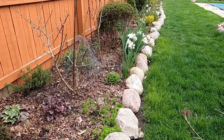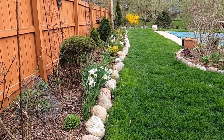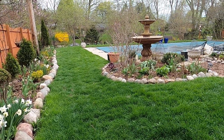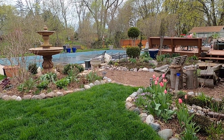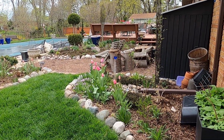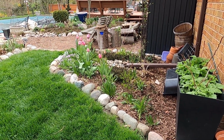As you can see, I have this beautiful line of tulips happening now. Isn't that gorgeous? Tulips and daffodils. And I'm just going to pan over here so you can see as things are starting to really fill out, and it's beginning to look a little more like a garden. Yes, I still have some of my messes and we're still working on those. It's a slow process, but